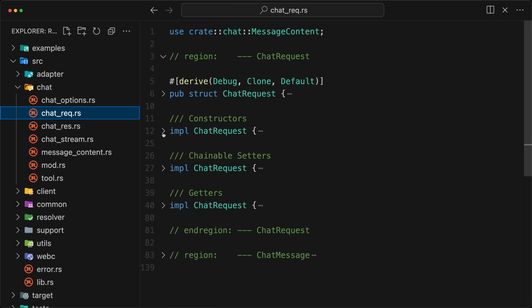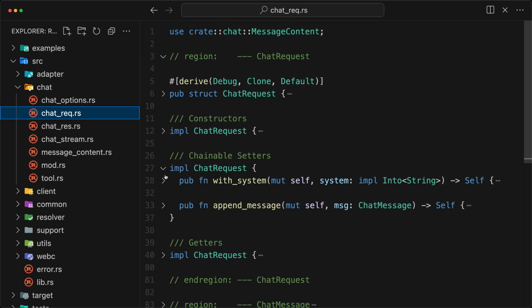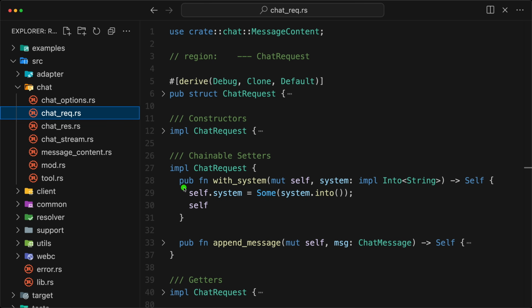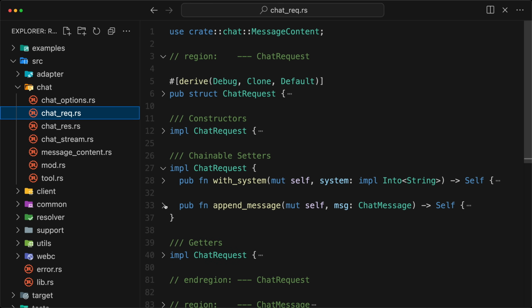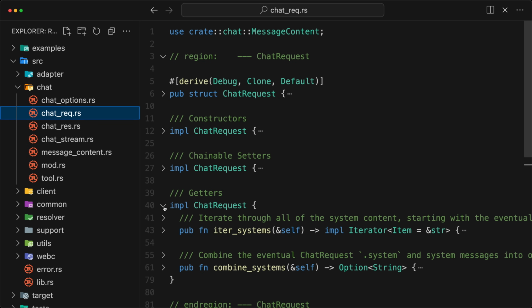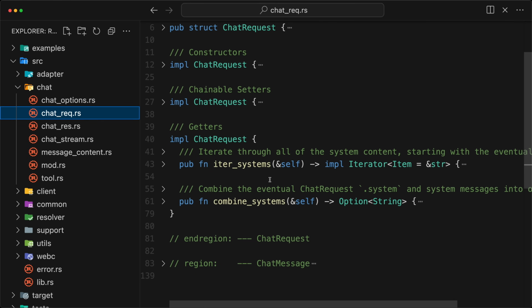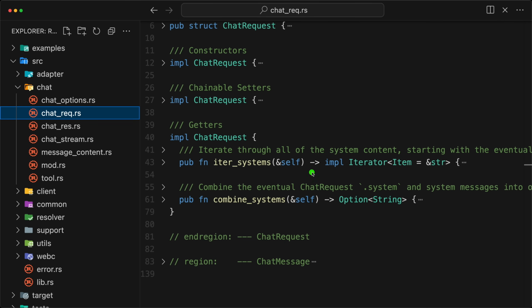And then I have my chainable setters. Here we have the with system, which just sets the system or overrides it. And then we have the append message, which just pushes a message. And then I can have append messages that will take a vector of messages and do an extend. So I can add as I go along. And then in this case, I also implemented some getters. That is another best practice. And the reason here is